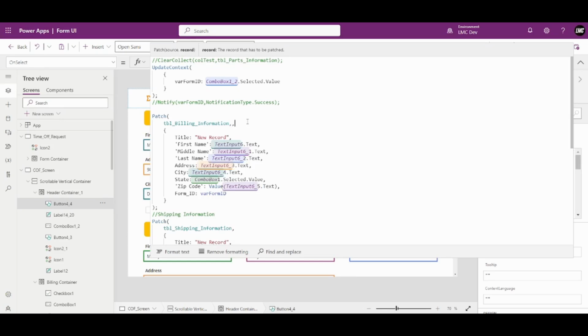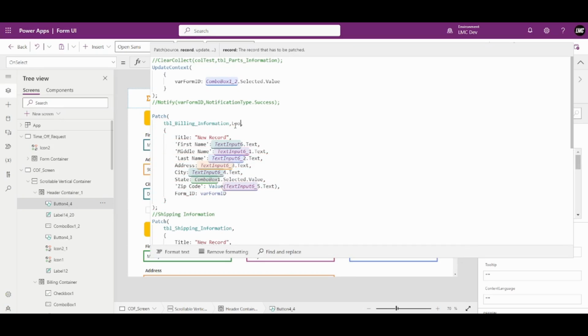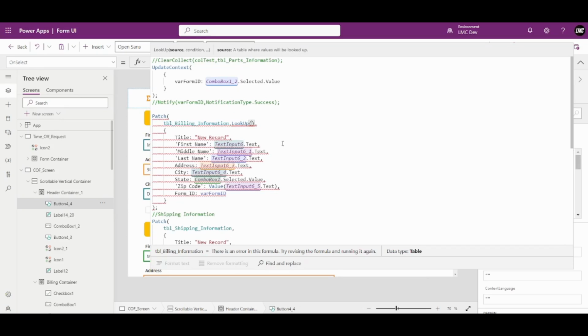See, if I add a comma, what will happen? This becomes the third parameter, the update where. So I need to look up that row where we need to update this. So I'll say lookup. It will ask me where do you want to look up. I'll say lookup in this table, billing information,